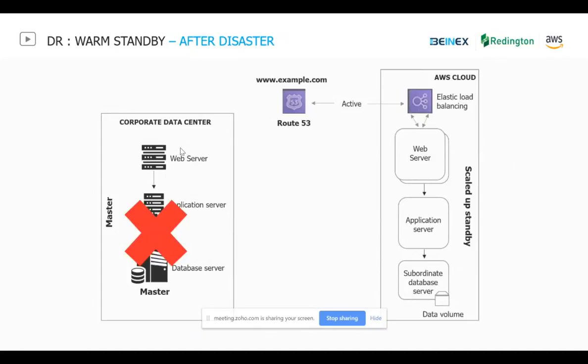Your complete primary data center is down, and the users can now access the infrastructure using the Route 53 DNS entries, but automatically it will be pointed to the elastic load balancer. You can turn on your machines automatically. Your machines will be coming up. If you have strict RTO terms, then you can automate turning on of these web servers or application servers on the AWS cloud based on your convenience, on your business objectives.